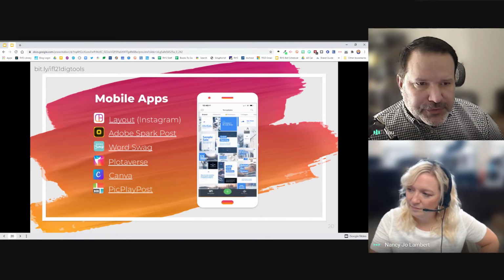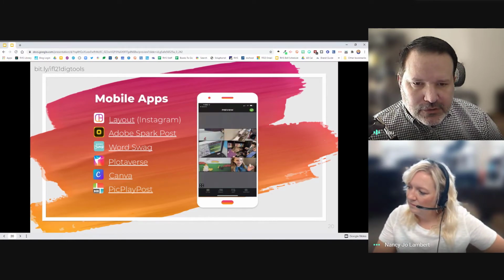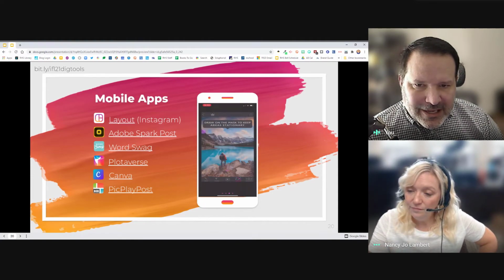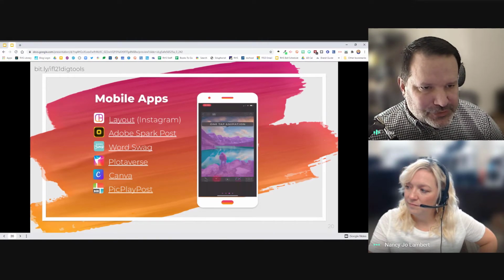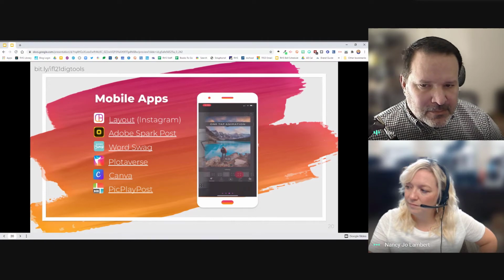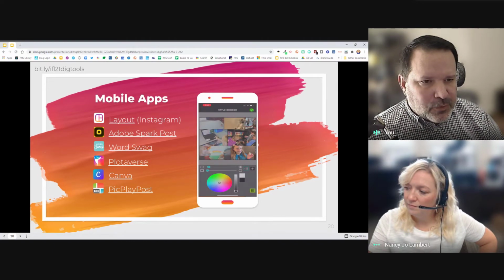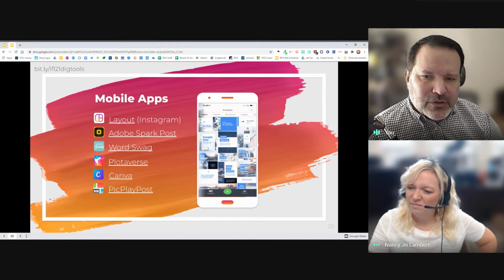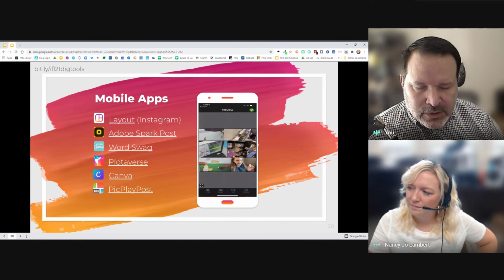Pick Play Post, it's a cool app. There's a free version that has a little logo on it, but you can pay for it too. It is similar to Layout, where you create the mosaics of still images, but you can also create mosaics of videos. So if you want to share multiple videos at the same time, you can use that to put them all up there, and then you can export that as a video file. Or I can't remember if you can do GIF or not, but I know you can do video. But you can combine still images and videos all in one mosaic.